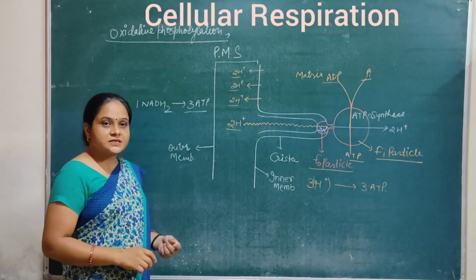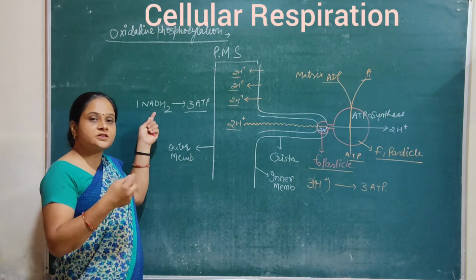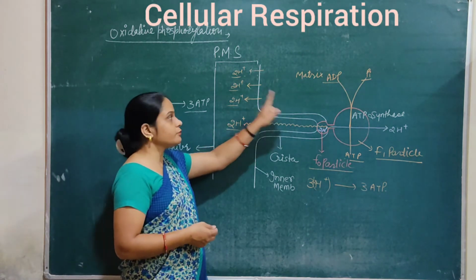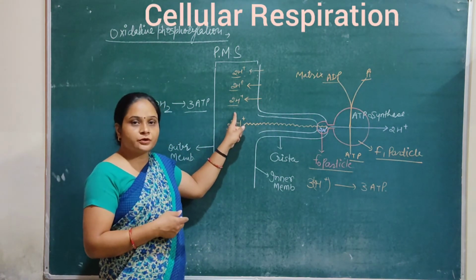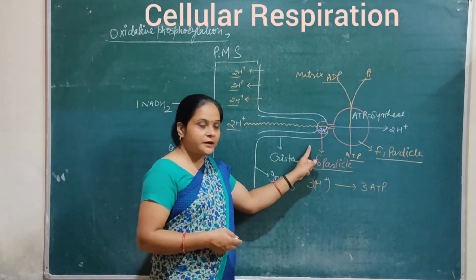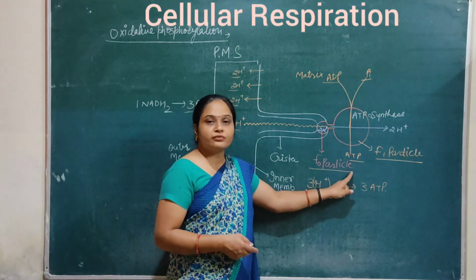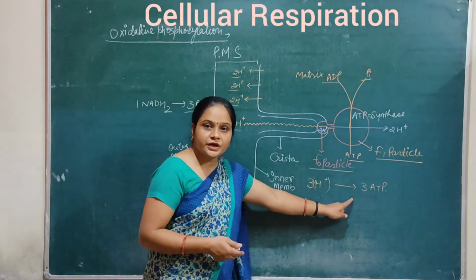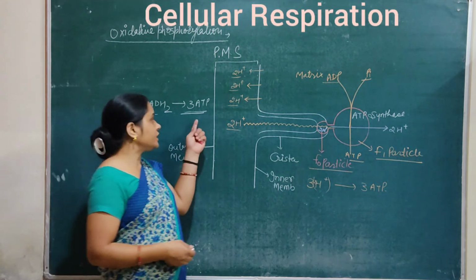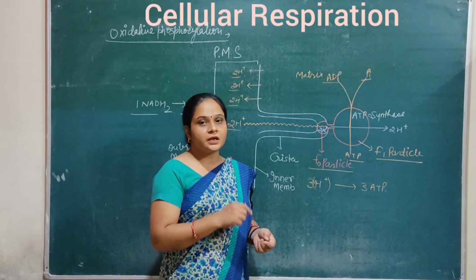How? We understood in the last video how one NADH2 is able to push 3 pairs of protons from the matrix part to the perimitochondrial space, and when these 3 protons are transported to the crista part through the F0 F1 particle, then one pair will give rise to 1 ATP, then 3 pairs will give rise to 3 ATP. So we can say that 1 NADH2 helps in production of 3 ATP. So 1 NADH2 is equivalent to the production of 3 ATP.